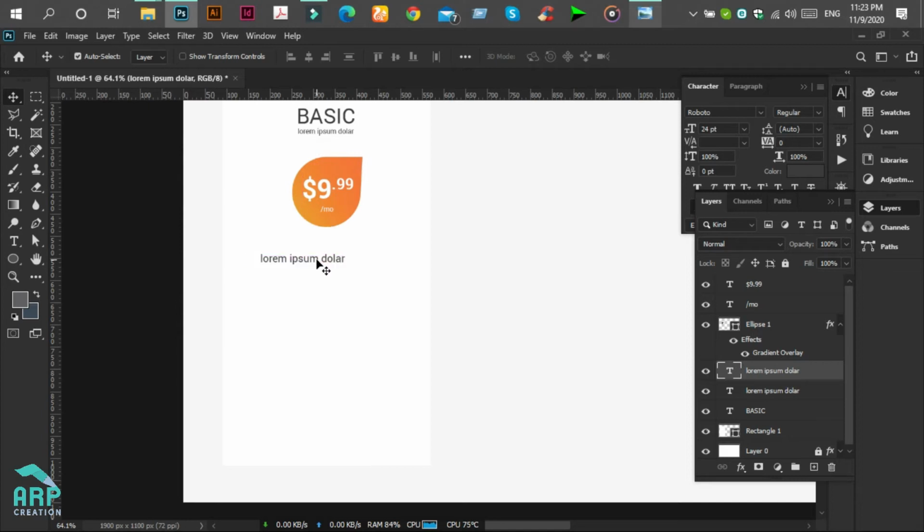We will duplicate this for seven contents. So select these two layers again, then press Ctrl J, then move it to the down section.